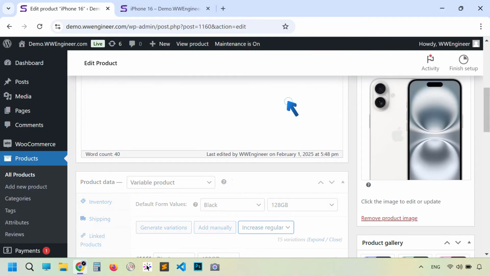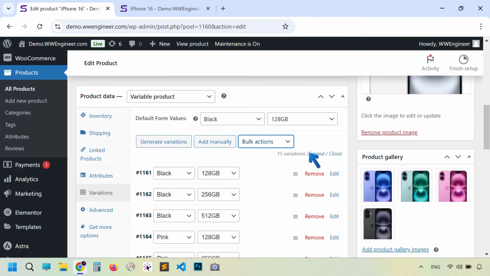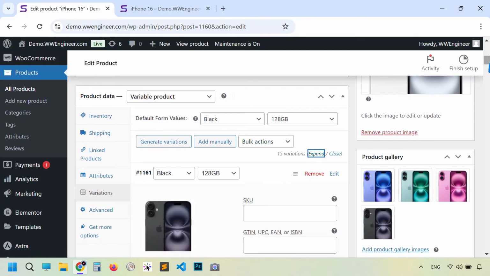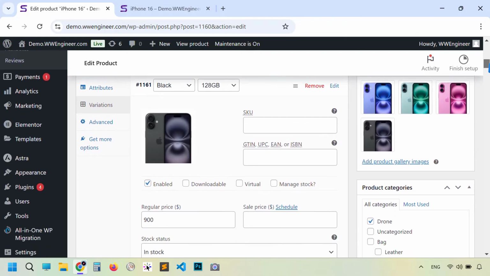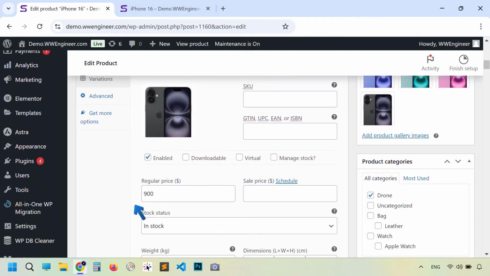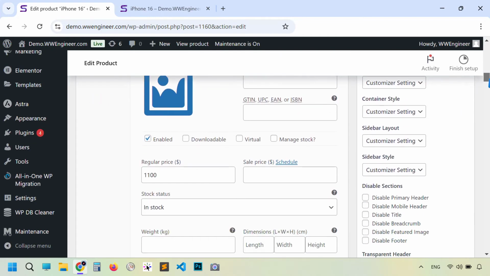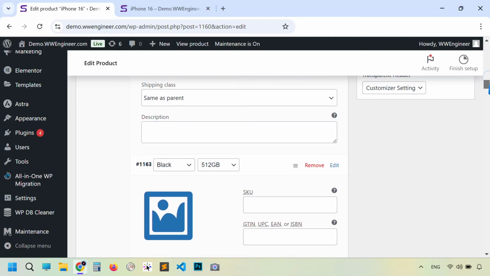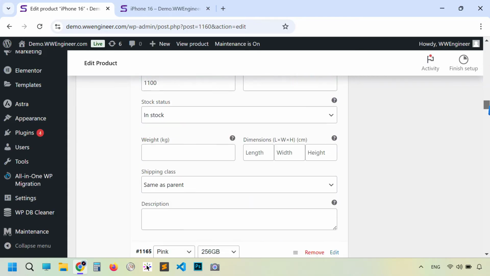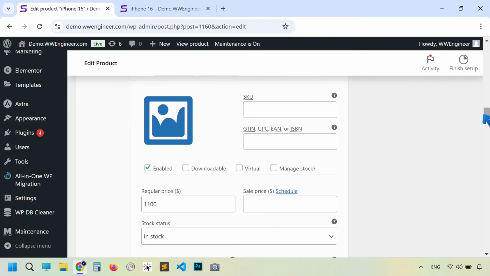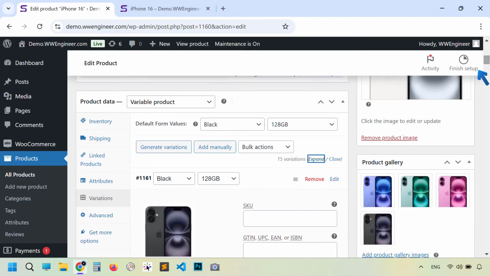Okay, now if I scroll down and expand, you see our old price has been replaced. It's 900, 100 has been increased, and scroll down you see everyone has been replaced with an extra 100.